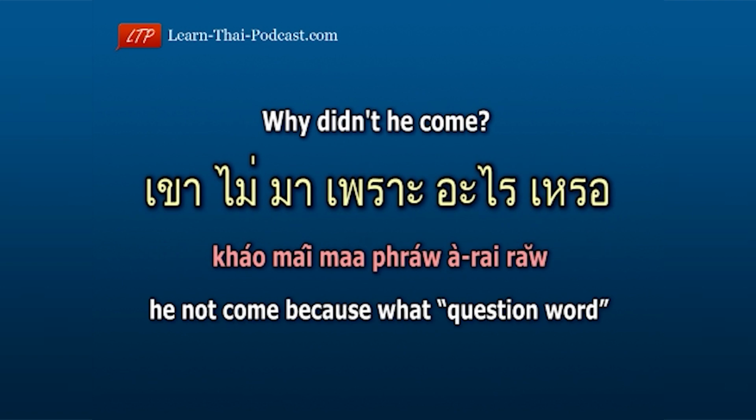Why didn't he come? เขาไม่มาเพราะอะไรหรอ He เขา, not ไม่, come มา, because เพราะ, what อะไร, question word หรอ. He not come because what question word, เขาไม่มาเพราะอะไรหรอ